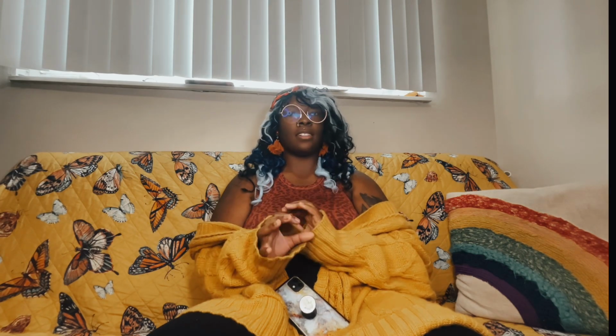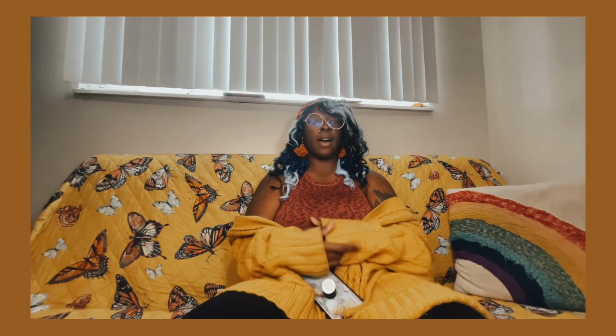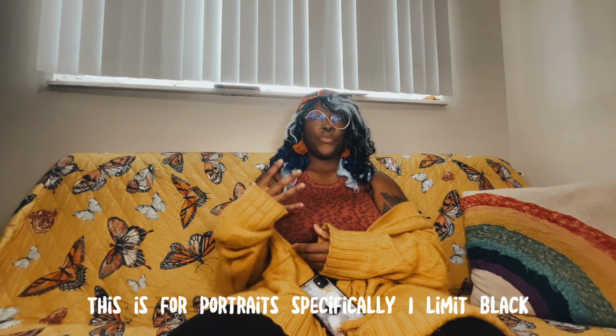Another thing that I feel like has helped my portraits is not using as much black. That is such a huge thing in the painting community: don't use black, never use black. I don't really care. If you want to use black, use it. That's why there's black paint to be used. I try not to use black though, because I have found that it is true that you get a much